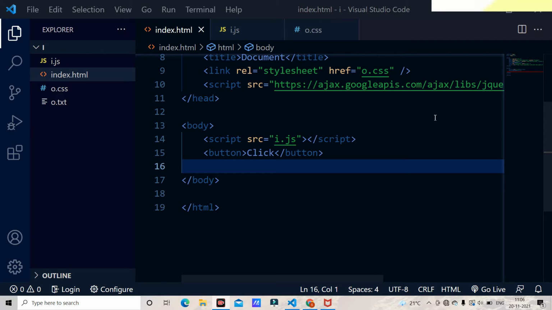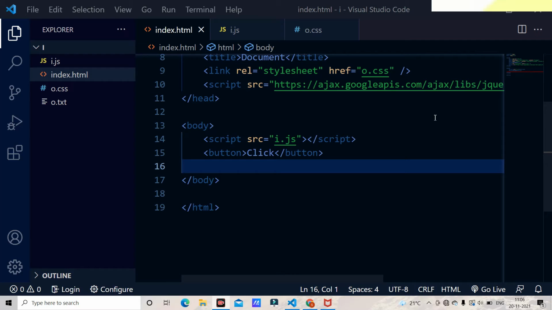Just like that, in traversing, not only by selecting using identifiers as well as classes, we can select elements using their traversing. Traversing is just like calling an element with respect to its parents or descendants.